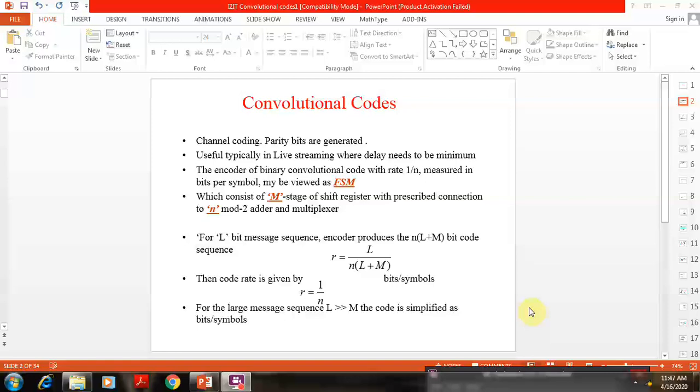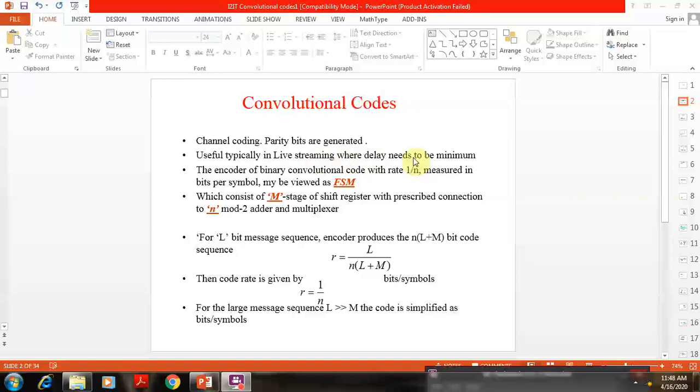In this video, we are going to begin with fundamental discussion and concept in convolutional codes. So convolutional code is a type of channel coding. When we say channel coding, the basic aim of channel coding is to provide error detecting and error correcting ability to your code. So in addition to message bits, we generate extra bits which are called parity bits. So in convolutional coding also, we will append parity bits to the message. The typical advantage of convolutional code is usually when you have live streaming or in the applications where the delay